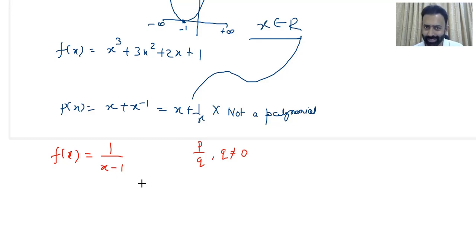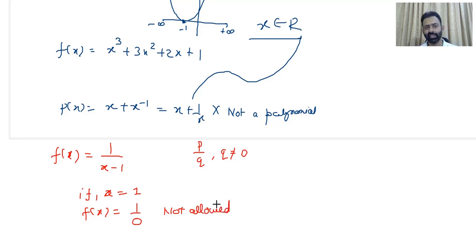Now here in this case, if I put x equal to 1, then f(x) will become of the type 1 by 0, which is not allowed. Not allowed in the sense that we cannot find its value exactly. So what values of x are not allowed in this machine? If the machine is defined as 1 upon x minus 1, then x equal to 1 should be kept out